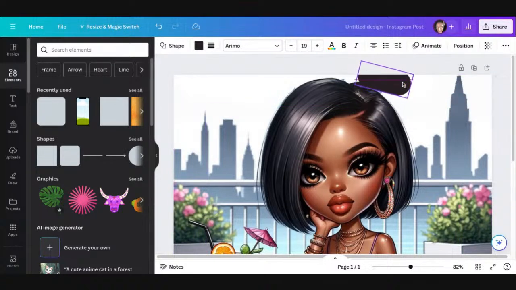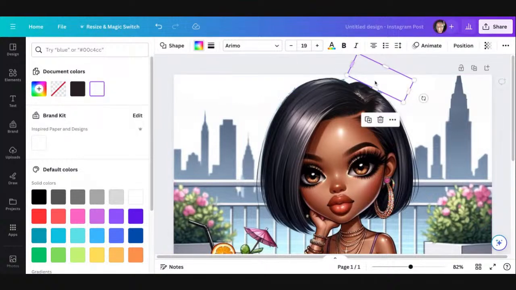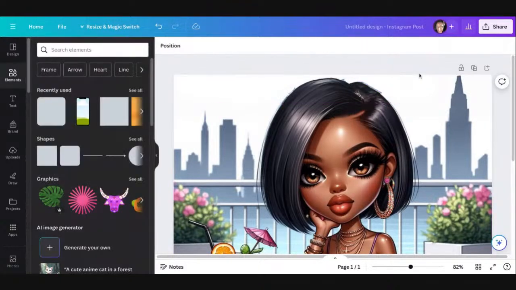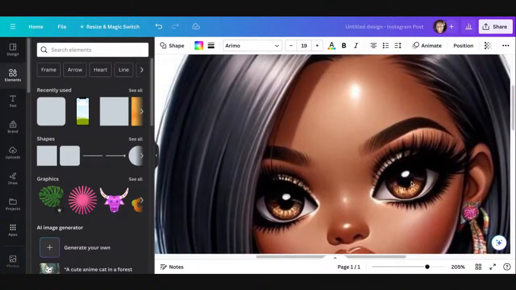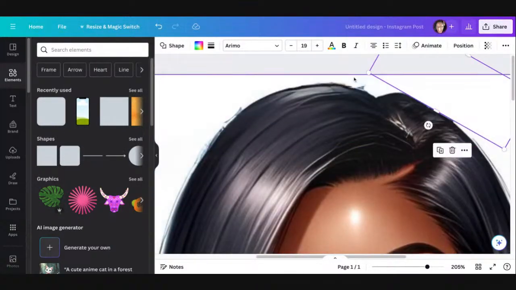All right, so I'm taking this and I'm turning it a little bit to try to get rid of the blue. And then I'm going to make it white. Then I'm going to drag it up and turn it a little bit more. It didn't get rid of all of it, but got rid of most of it. In some cases this worked, and sometimes it just doesn't, because really you need to erase it, especially if you plan on selling it.